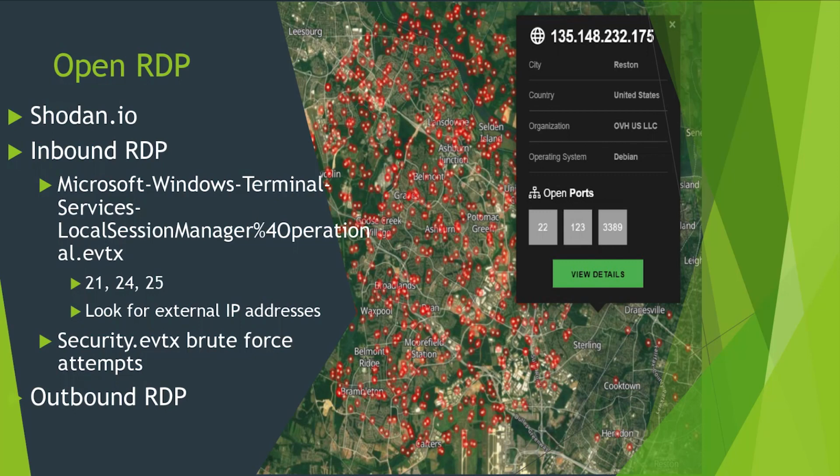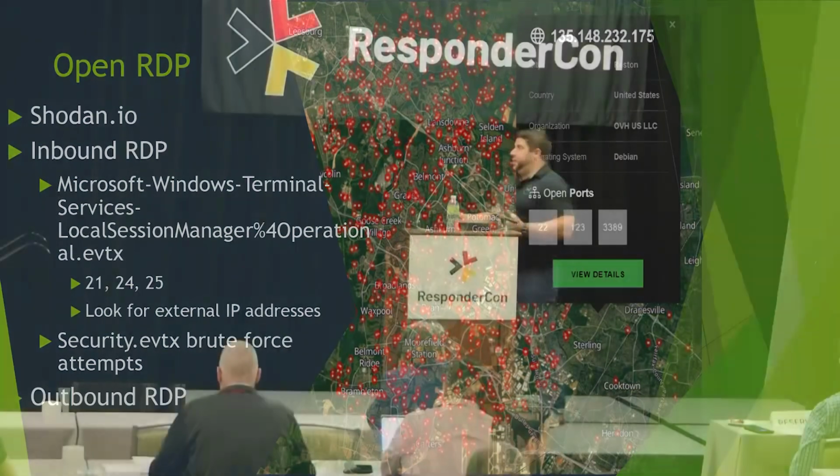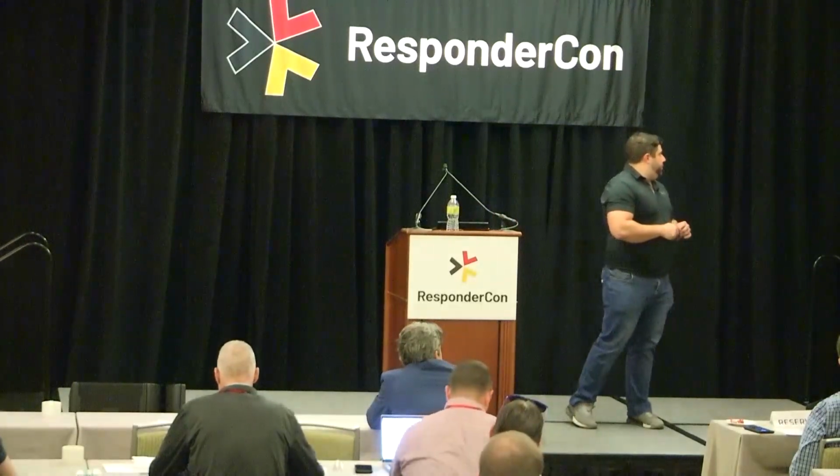So this is from a map from last week of just RDP that's in this area. Doesn't mean they're all insecure or not being secured, but this is what Shodan can see for RDP ports that are just out there. And so when it comes to our forensic artifacts, we are interested in both inbound RDP as well as outbound. So inbound,